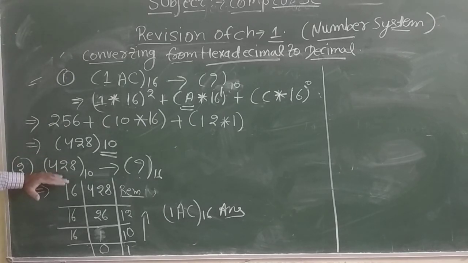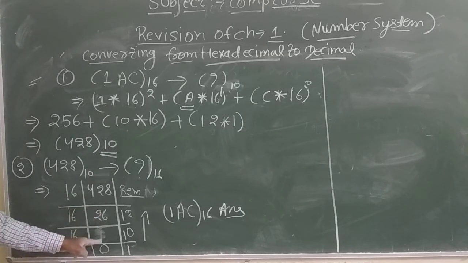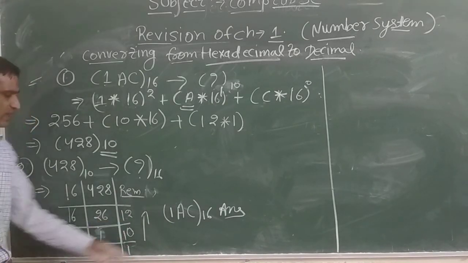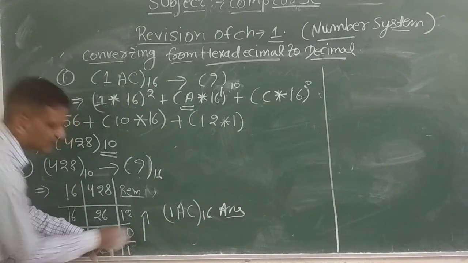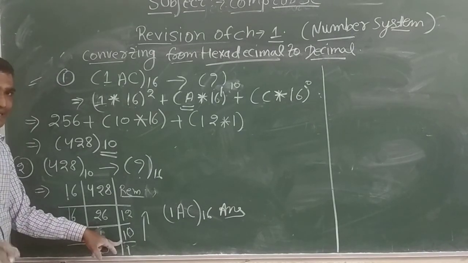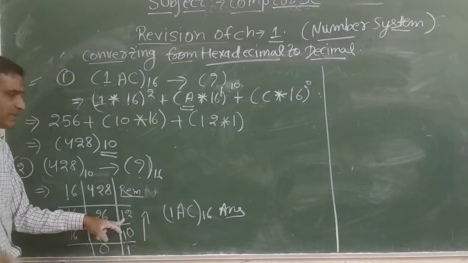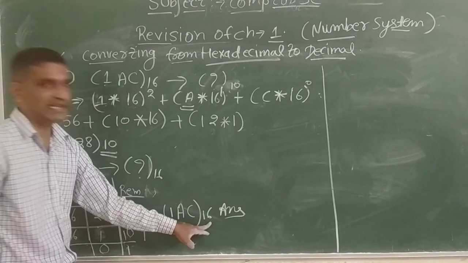Now for the remaining part, we have to convert this number back into this form. We have to write 428 divided by 16. 16 divides into 428 26 times, remainder 12. Then 16 divides 26 once, remainder 10. 16 does not divide 1, so we write here 1, remainder 1. Then we write the remainders from the bottom stairs up. So 1, A, C: A represents 10 and C represents 12. So we write 1AC in hexadecimal form.